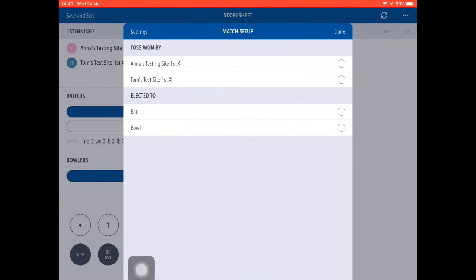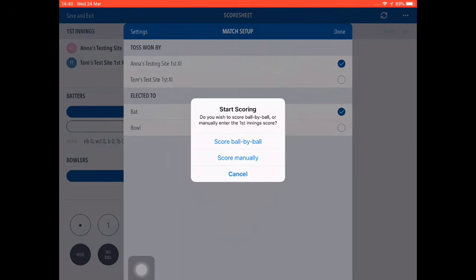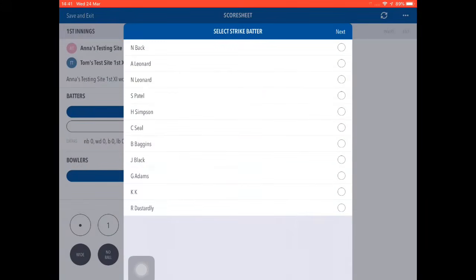And then you go to the toss and who's batting or bowling first. Press done. So in this pop-up box, you've got two options. You can score manually or you can score ball by ball. Scoring manually is essentially you can enter the headline score for the first innings or the entire match if you want, and then go and add on the details on the actual Play Cricket website. But in this case, I'm going to score ball by ball